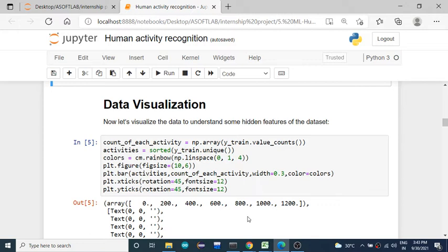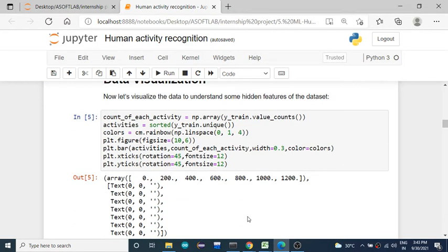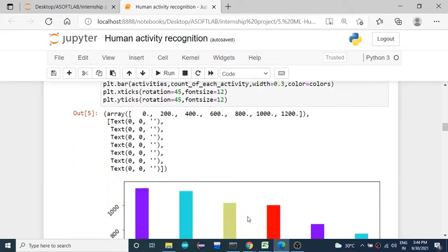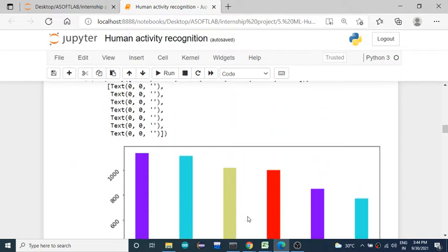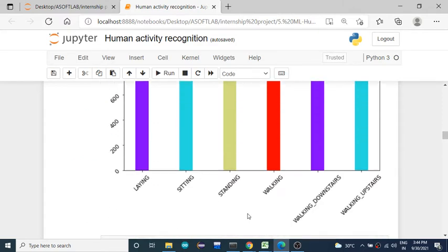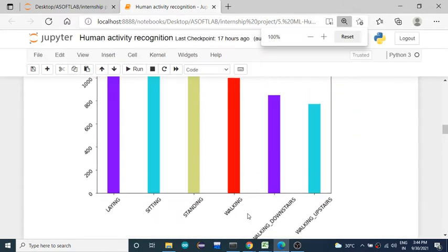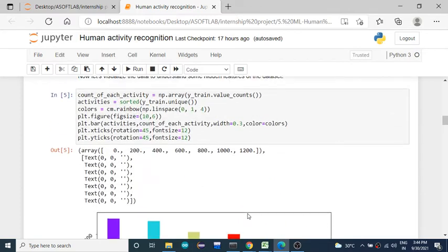For that we can take the help of graphs to understand the distribution of the data in the entire data set. Firstly, we should start understanding the hidden features of the data set by plotting graphs. This graph shows the count of each activity.